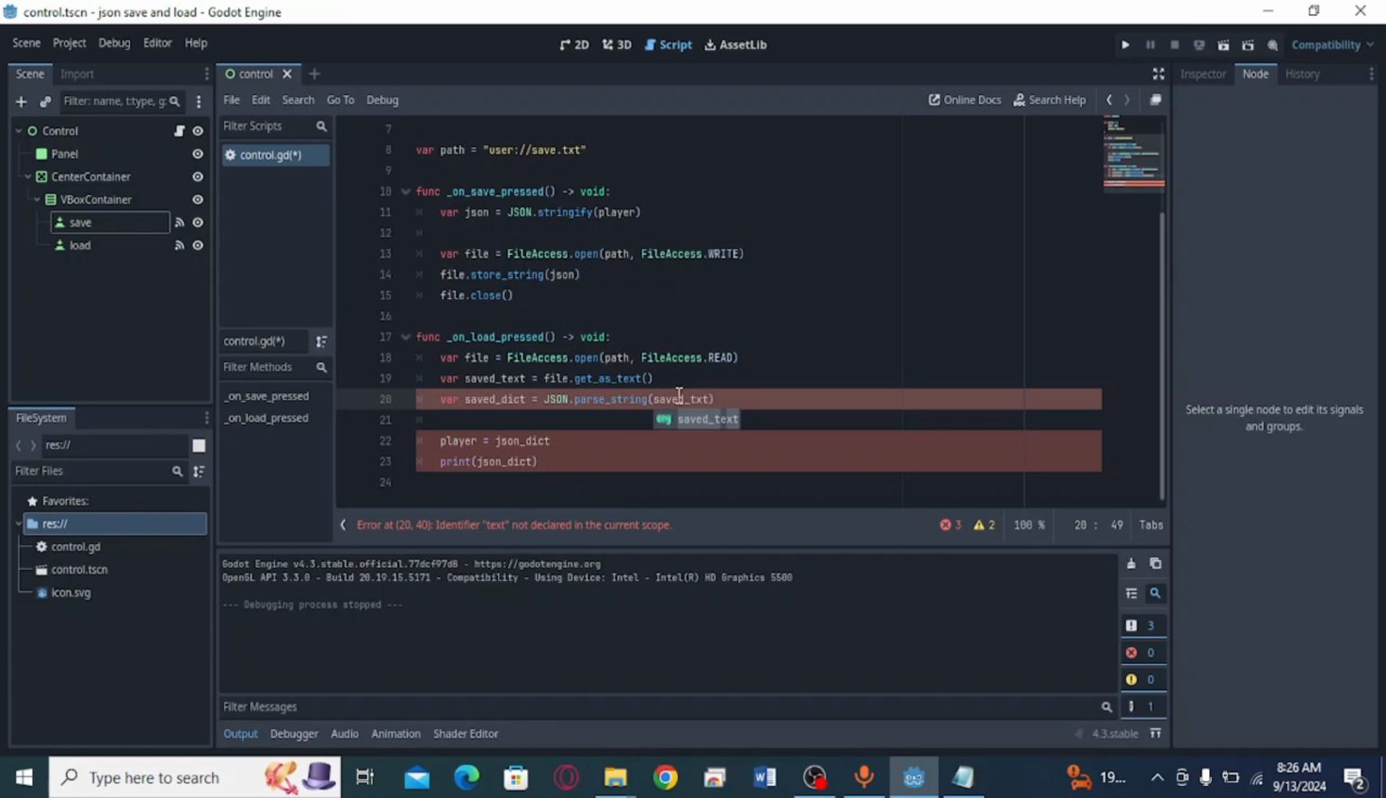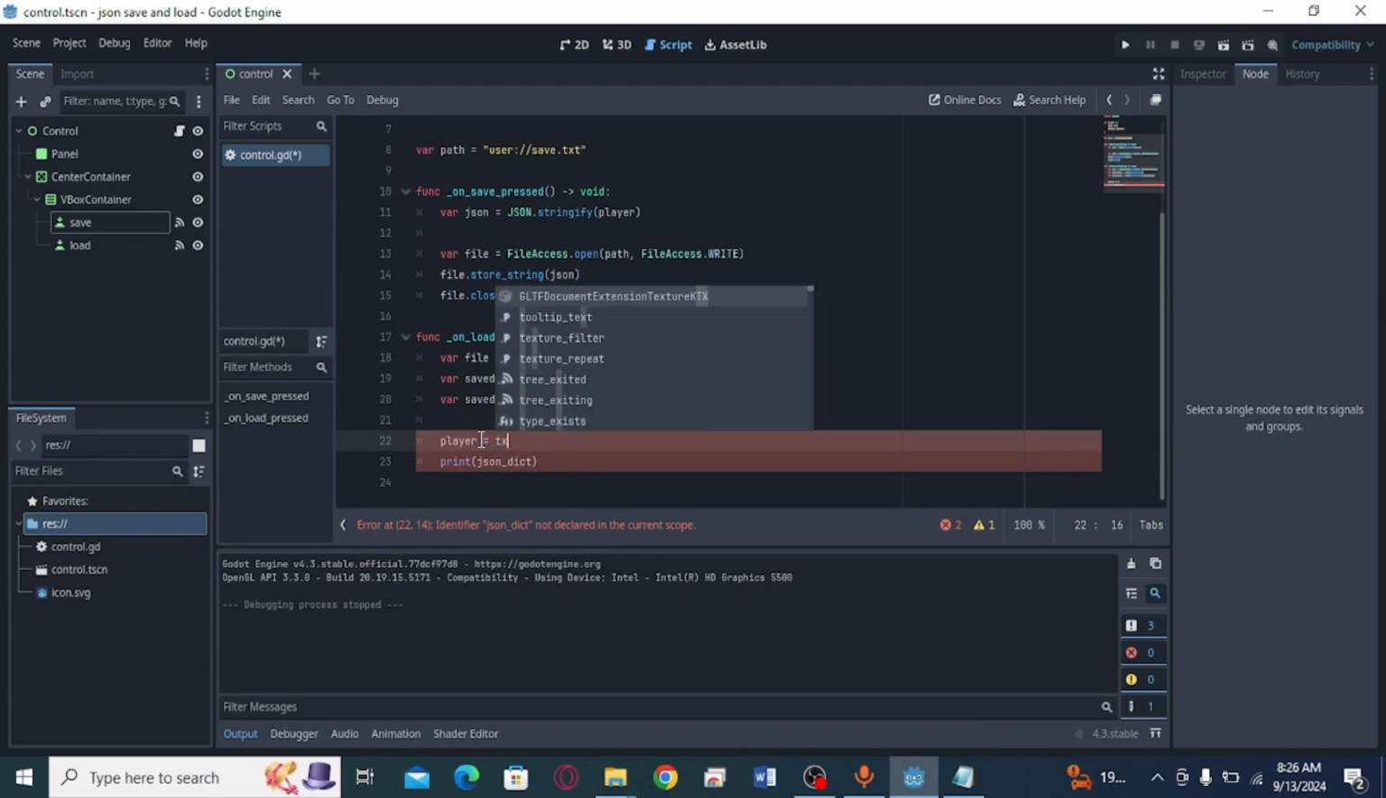So in programming, one of the hardest things to do is to name variables. So you can just call this whatever you'd like,